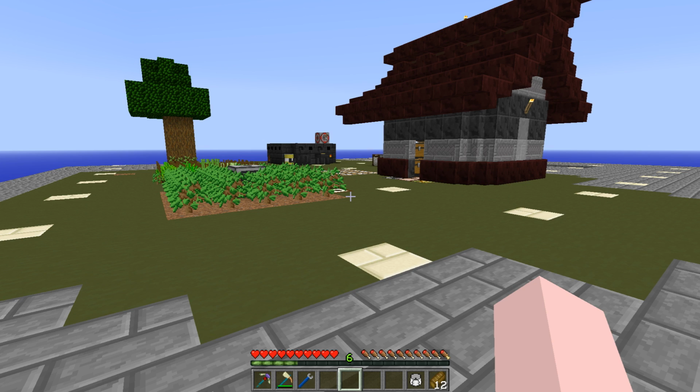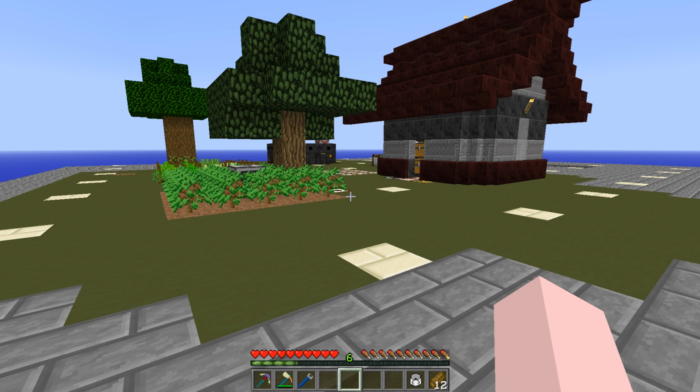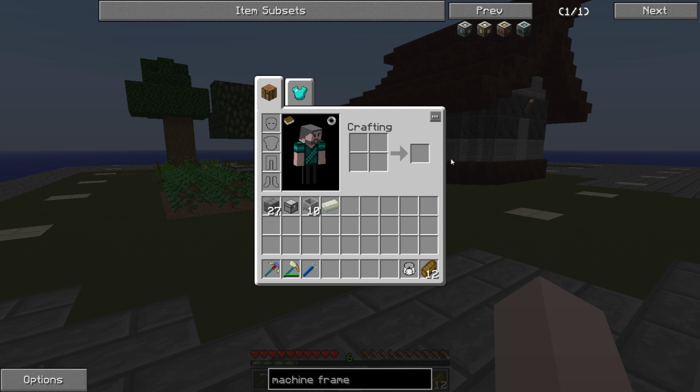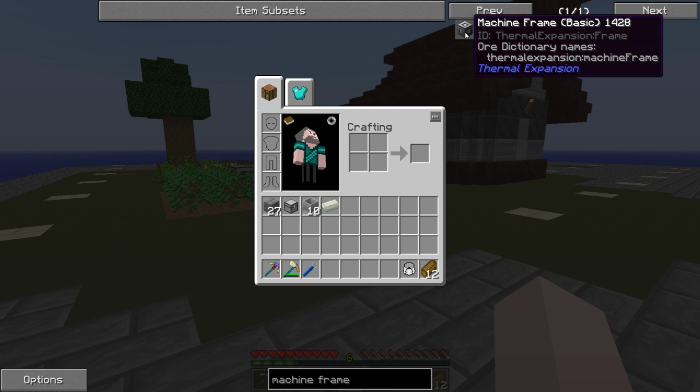Now, at the end of last episode, I asked if anybody knew if you could get a builder's wand as one of the quest rewards. And Lothar Gronk came up with the idea. I actually knew this and don't know why I didn't think of it. That if you look at something like, let's say, a machine frame, that was his example,